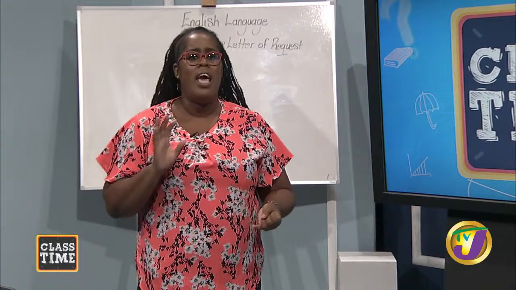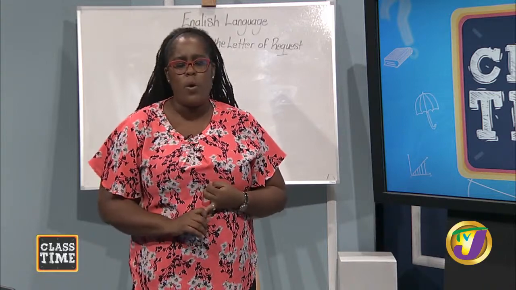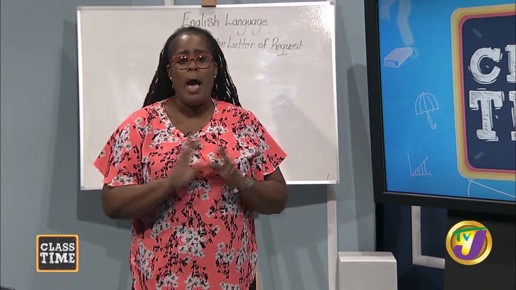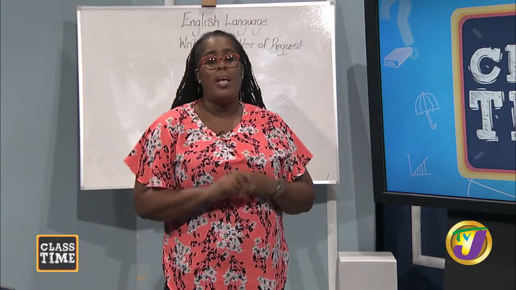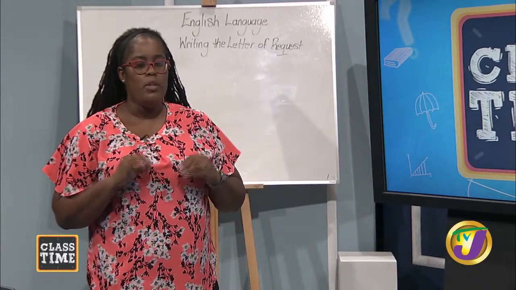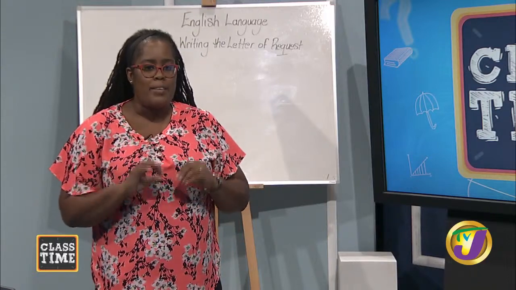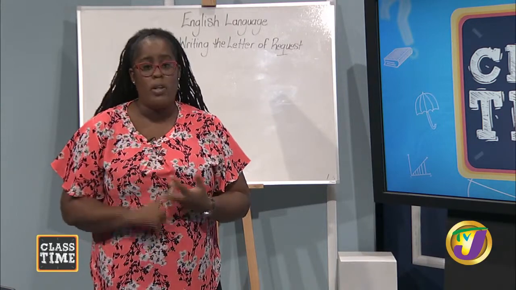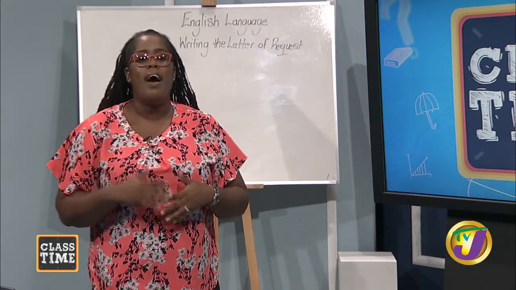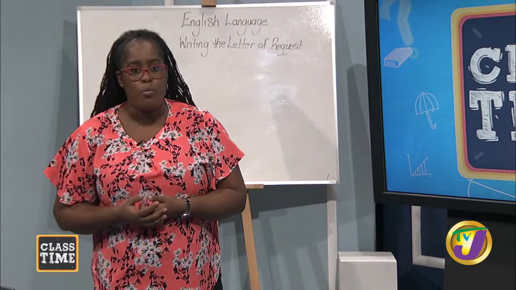So you may get a letter of complaint, a letter of request, an eyewitness report, a newspaper report, whatever it is. Now, if you're sitting your official exam, whether it is a test or whatever it is, remember, you won't have the opportunity to give it to someone to proofread,